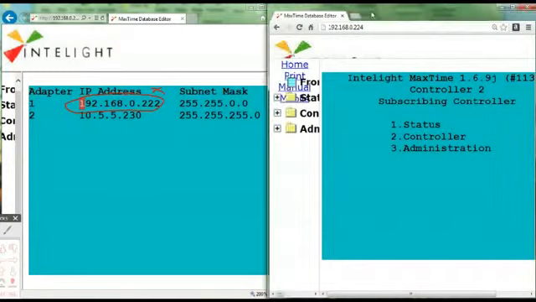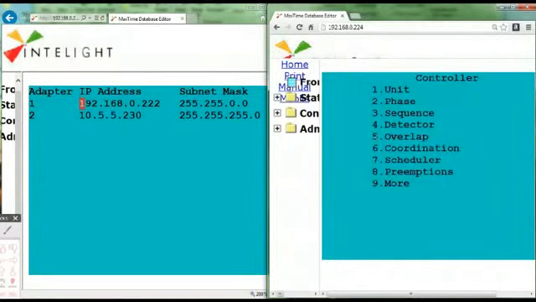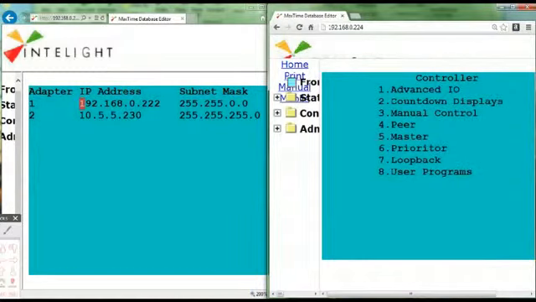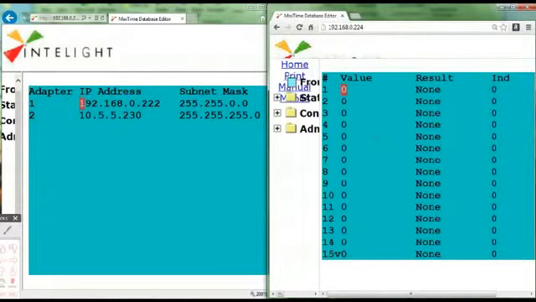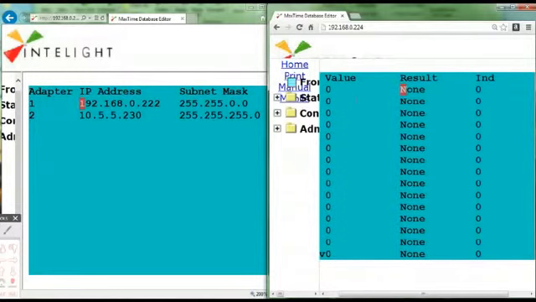Now I will move over to my second controller, controller number two, and I am going to go to 2 for controller and 9 for more. And I'm going to go to user programs, and go into definitions number 2, and I'm going to program this through the front panel just because I can. I'm going to pick program 1, and of course the value is a status, so I'm going to go over to the result, and I'm going to hit the plus sign and scroll down through all the possible